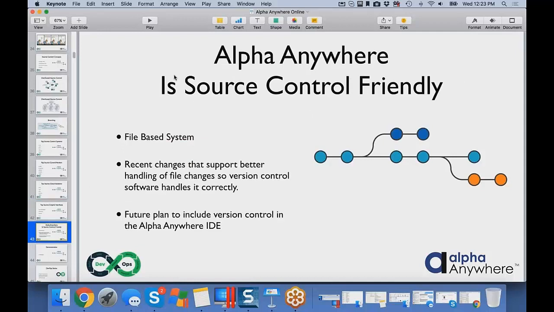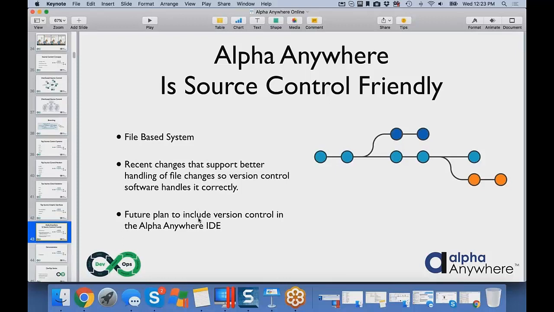Now, very important, Alpha Anywhere is very source control friendly. The development team has actually been enhancing and improving Alpha Anywhere to better support source control. Specifically, we're file-based. Recent changes allow the dates and times to be proper so that source control looks at the dates and times of files to determine when things have changed, when's the last version of it.